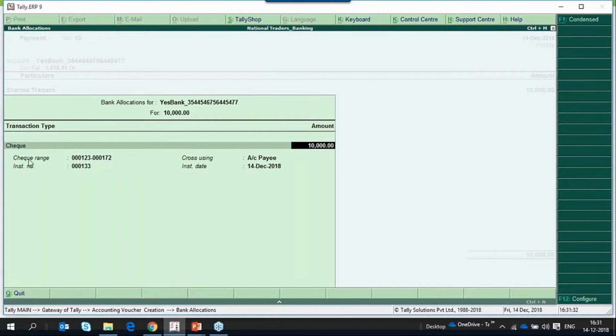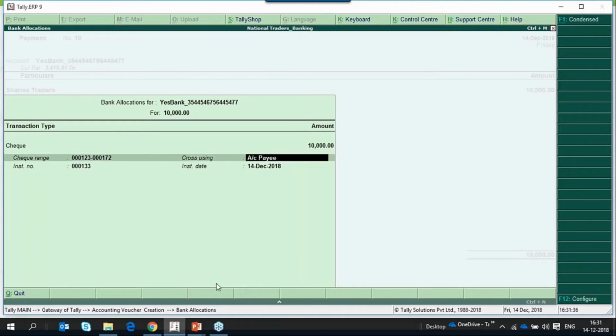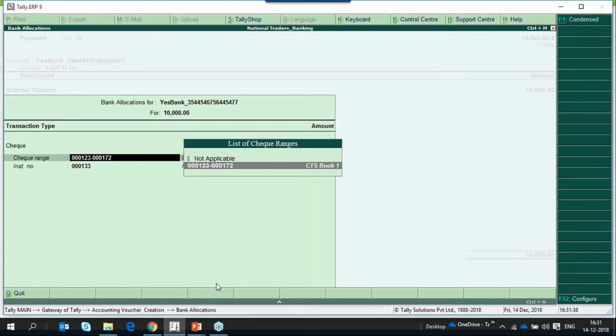The auto selection of check range and instrument number is happening here. If you have multiple checkbooks, you can select the checkbook from the list here.